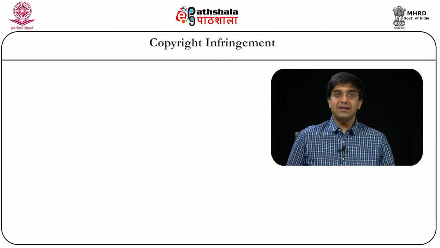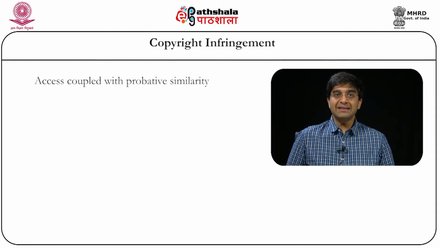Let's move back to the ways in which a plaintiff can prove that the defendant has copied his work. One, as I mentioned, is the direct evidence of copying. The more common way of proving that the defendant has copied the plaintiff's work is by combining two different tests. First, the plaintiff must show the defendant had access to the plaintiff's work, and apart from the access, the plaintiff needs to also show that there is probative similarity between the plaintiff's work and the defendant's work.